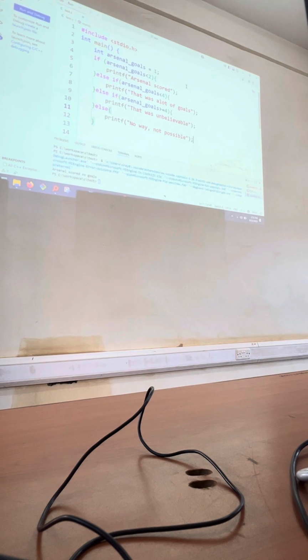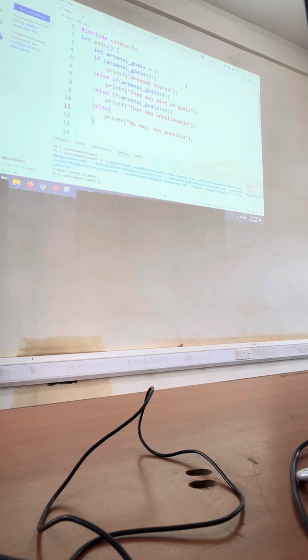How do we print it? That was definitely good. Right. What if we have 12 goals? That was unbelievable. Okay. Do we have a situation whereby it's going to enter the else?